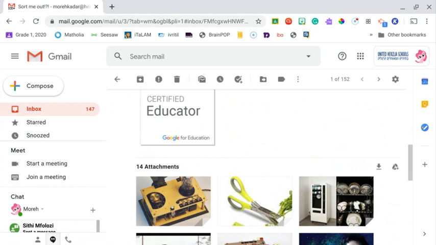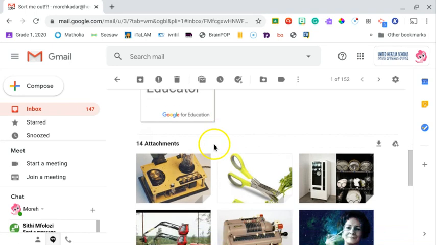Instruction number 2 is save all the images on that email to your drive. To save all the images in one go, look for the drive icon to the right of the images and click on it. What it means is that you can hover above each picture and you can either download the specific picture or add it to the drive. But you can also go to the right side over here and you can do it to all the attachments